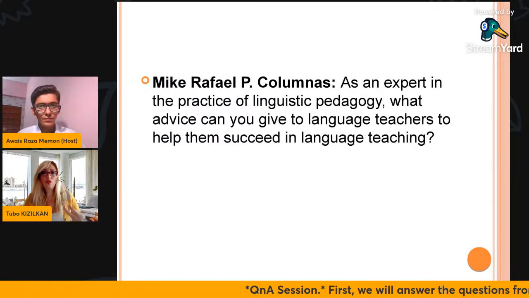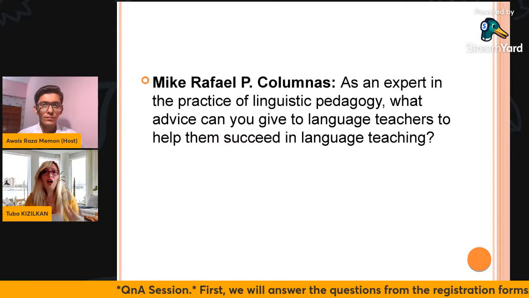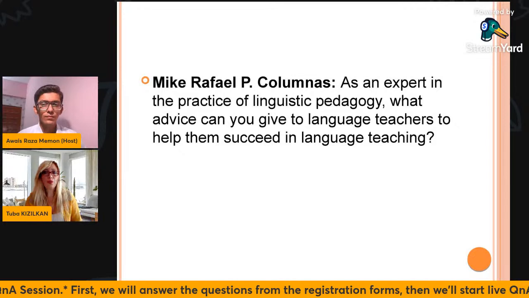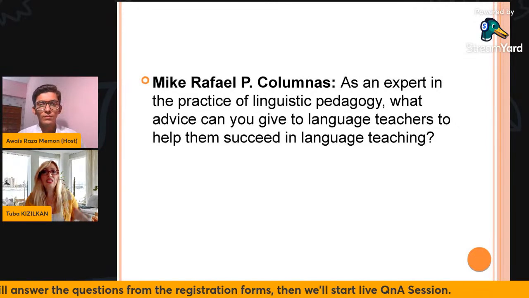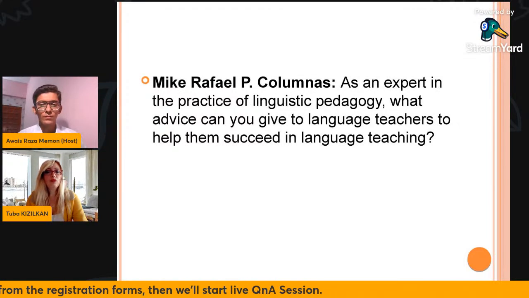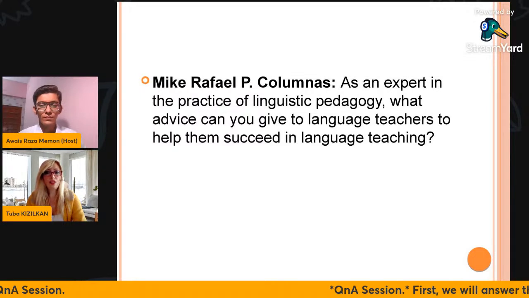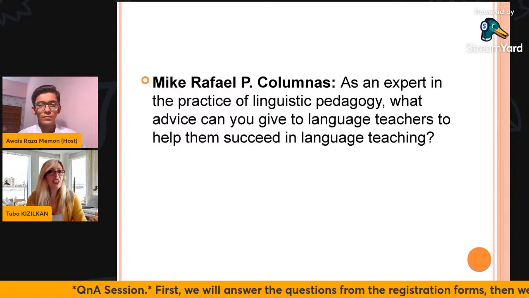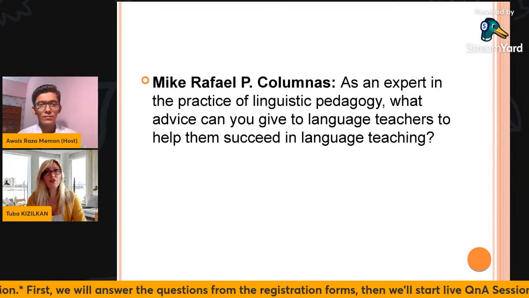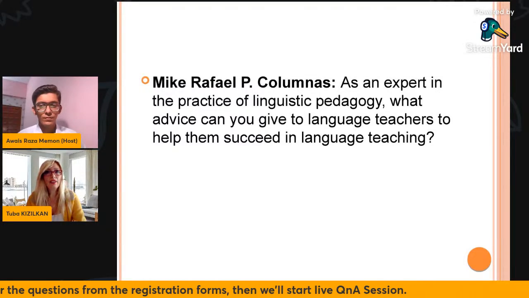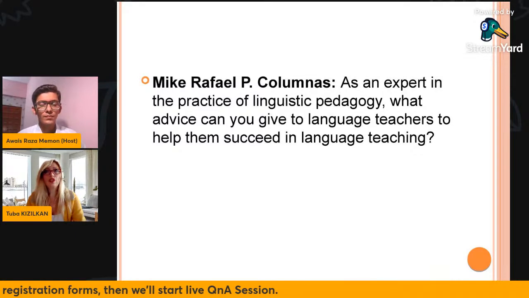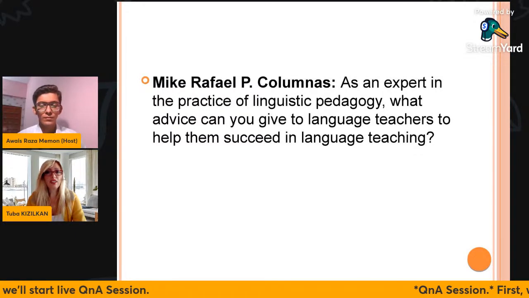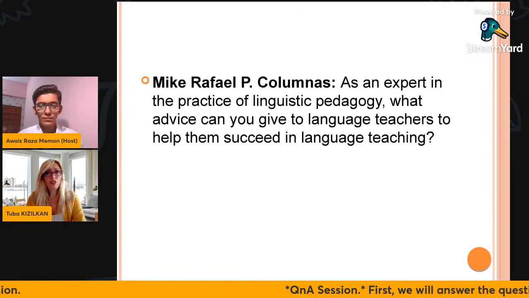Also, a teacher should train himself or herself in how the brain works, how the child brain works, and how he or she can be engaged in learning. You should definitely study the stages of second language acquisition. That's important, I think. The stages of first language development are also important. A teacher should connect first language and second language acquisition, and also be very open to new techniques